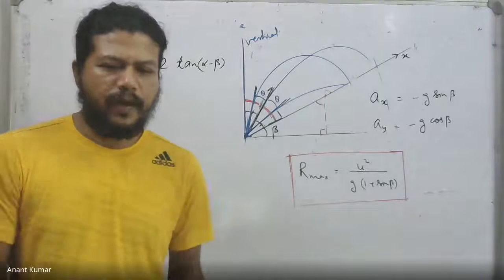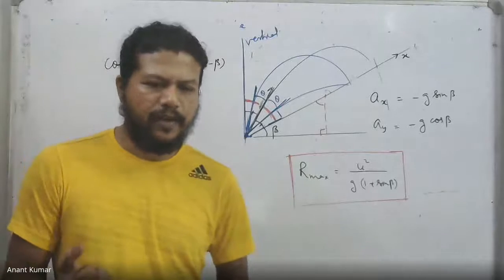Sir, I have asked one question now. The question is asking that a projectile is fired horizontally with a velocity of 98 meter per second from the top of a hill 490 meter high. Sir, here it's telling that a projectile is fired horizontally, means parallel to the ground. Yes, horizontal is always parallel to the ground. Vertical is in the direction of gravity.